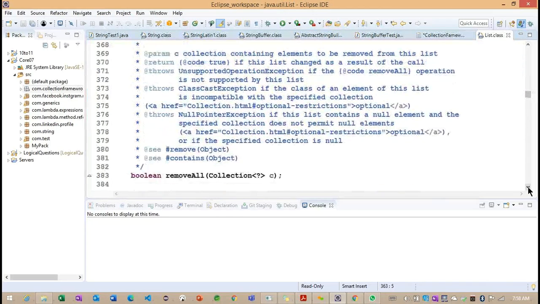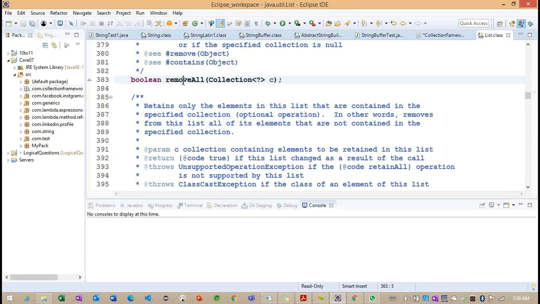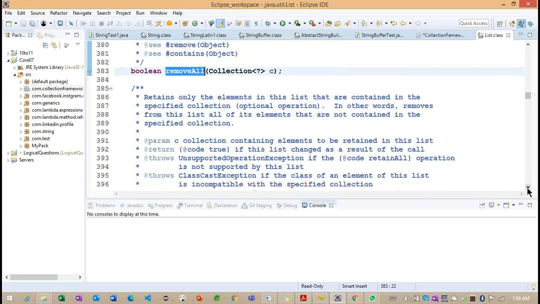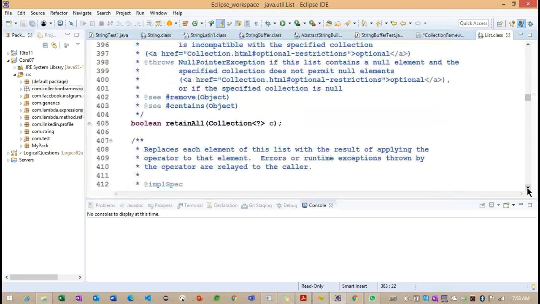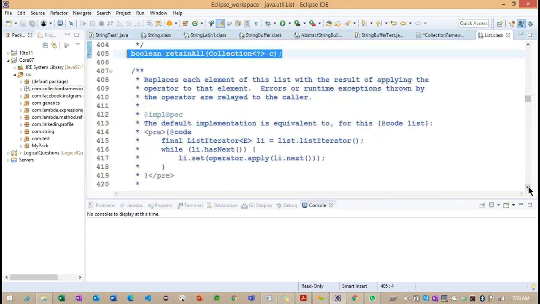Okay, so back to here, another method we need to understand. The removeAll also is coming from the collection interface. Now understand here, retainAll also is coming from the collection interface here.